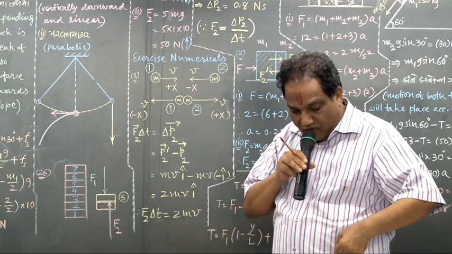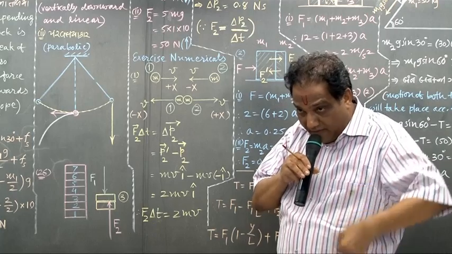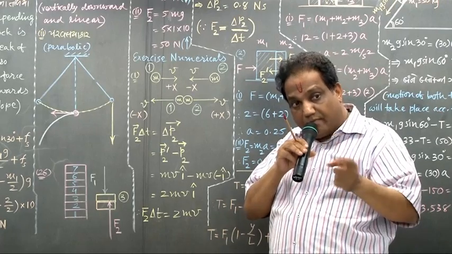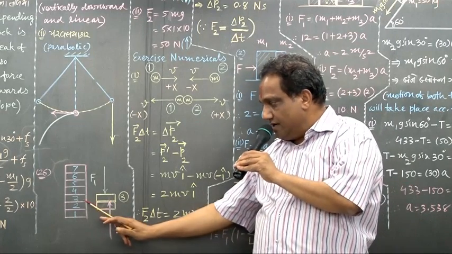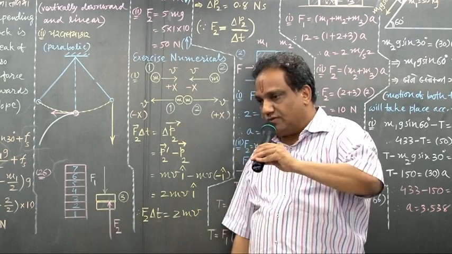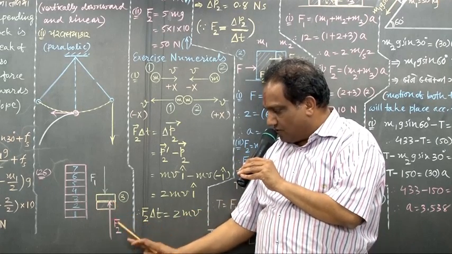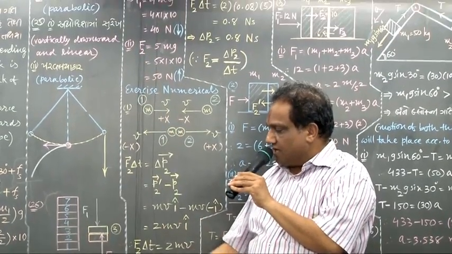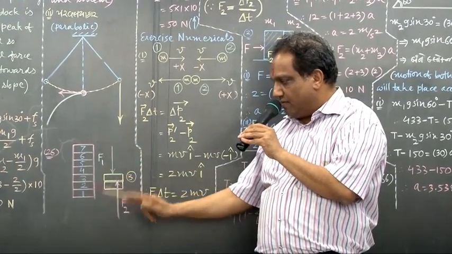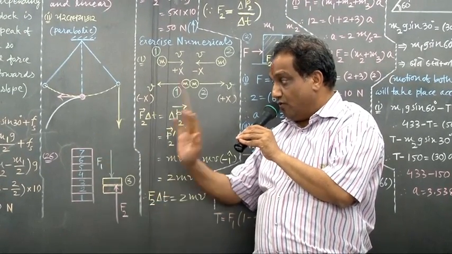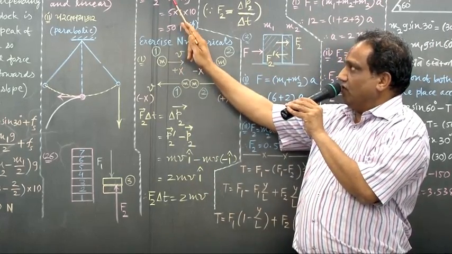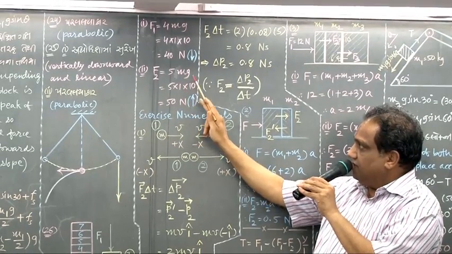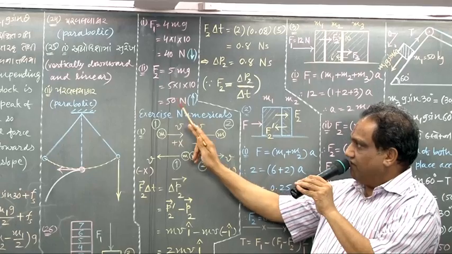But whatever is the force of action provided onto the second block, the same force of reaction in magnitude will be provided on the bottom face of the third block. So on the bottom face of the third block, there is a force of reaction, say F2, which is nothing but equal in magnitude to the force of action provided by the 1, 2, 3, 4, 5 blocks. And that is the weight of 5 blocks, so it is 5 mg. Come on, m is 1 kg and g is 10 meter per second squared. 5 times 10 is 50 Newton.